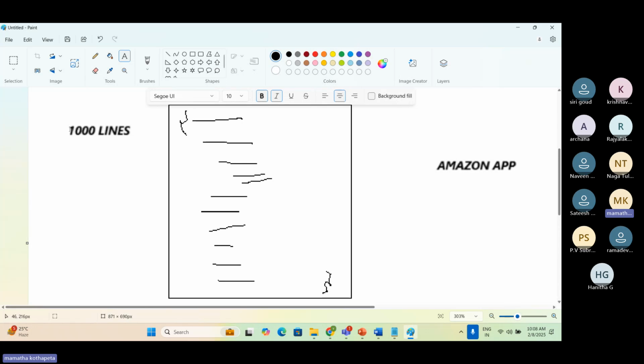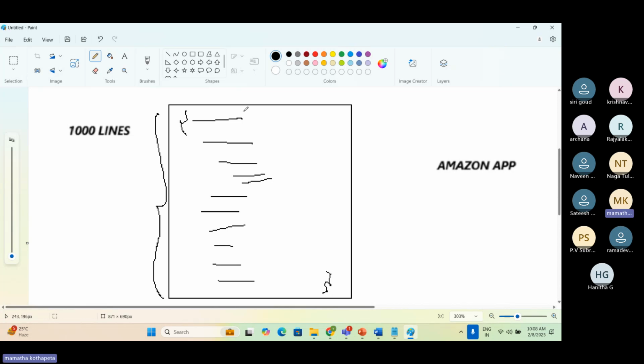There might be more than 1,000 lines in real time, right? Now, how will the developers do testing, who will be testing and how? Instead of testing 1,000 lines or the total number of lines at a time,